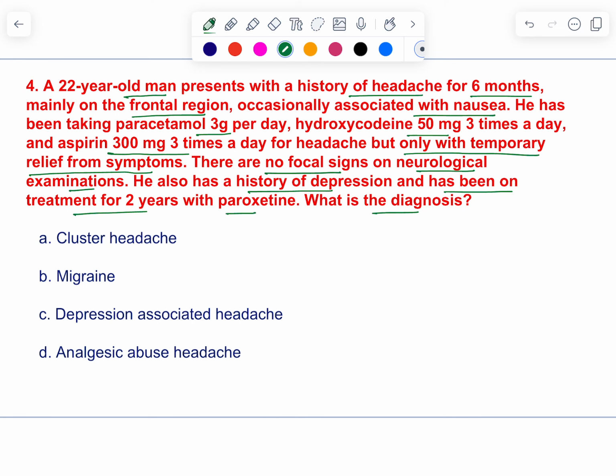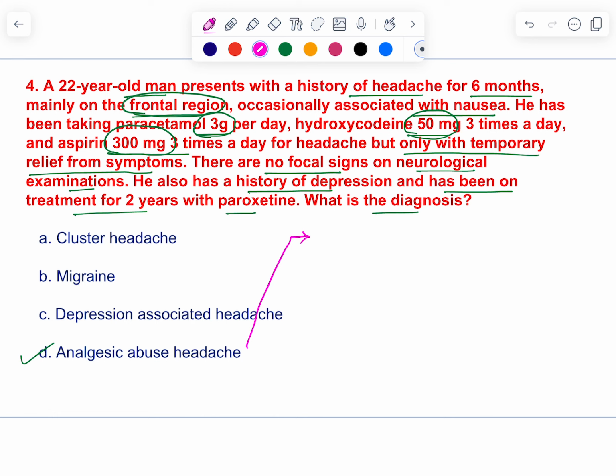So now you just see this particular patient is 22 years old and he is having headache in the frontal region and he is taking multiple analgesics: paracetamol 3 grams, hydroxycodone 50 milligrams, aspirin 300 milligrams. But in spite of that, the headache is not completely resolved. And another point is there are no focal signs on neurological examination. So all these points favor analgesic abuse headache. Now let me tell you what are the pointers